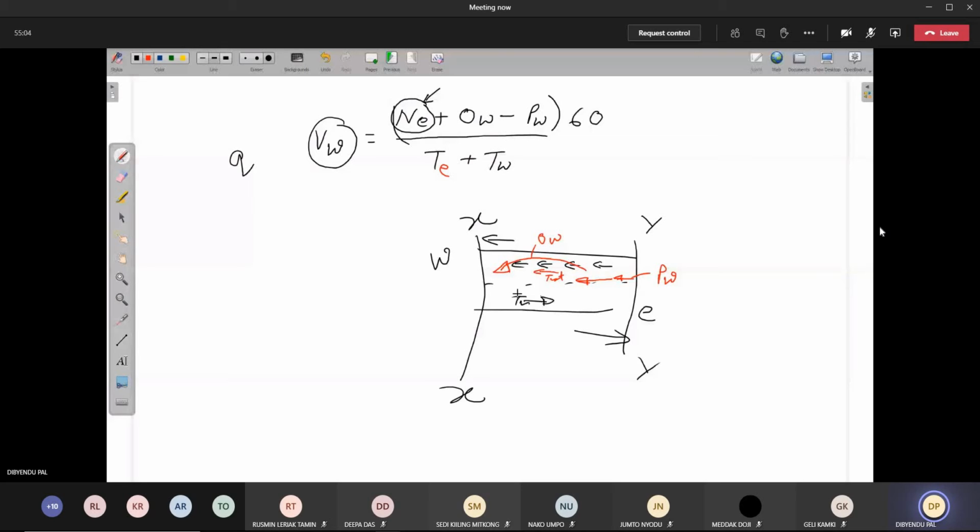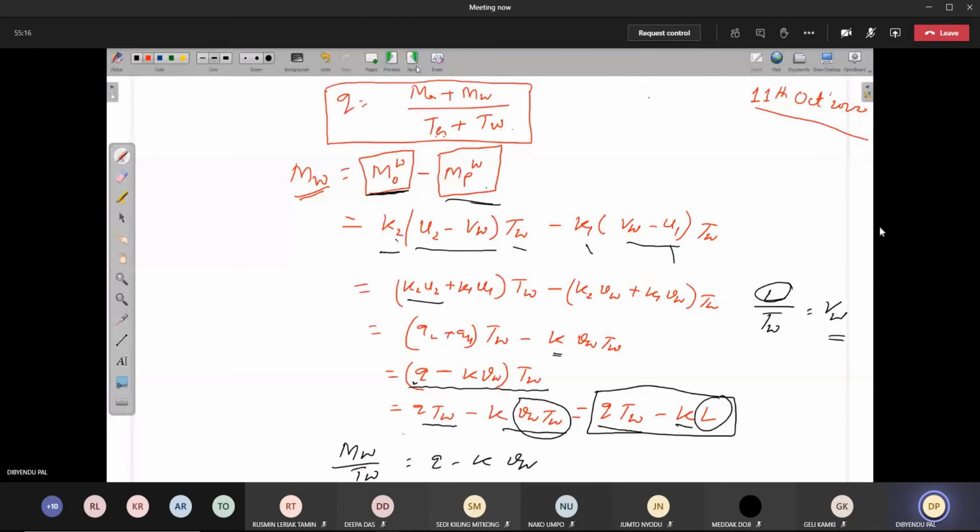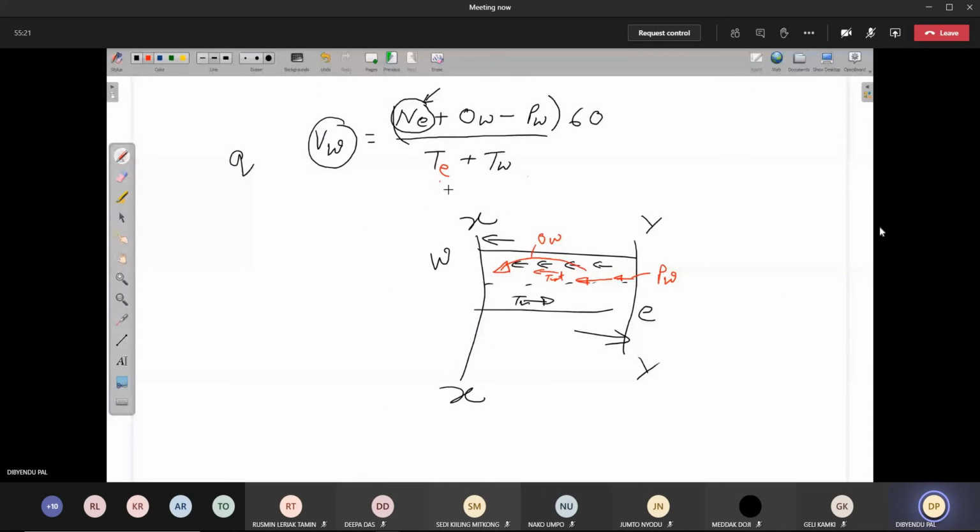Now you can compare this equation also with your derived equation. You see the derived equation. What was that? TA plus TW, against and with. Same thing is written here, east direction and west direction. There is no difference. One is against, another is with. East direction it is going means it is against. Test vehicle is moving against the stream. When the test vehicle is moving this side, it is towards, sorry, with the stream.